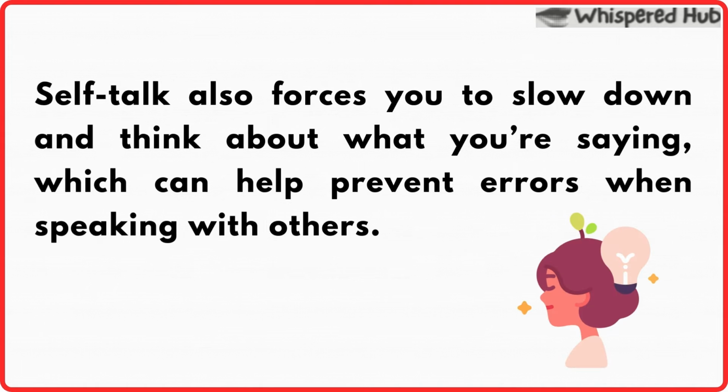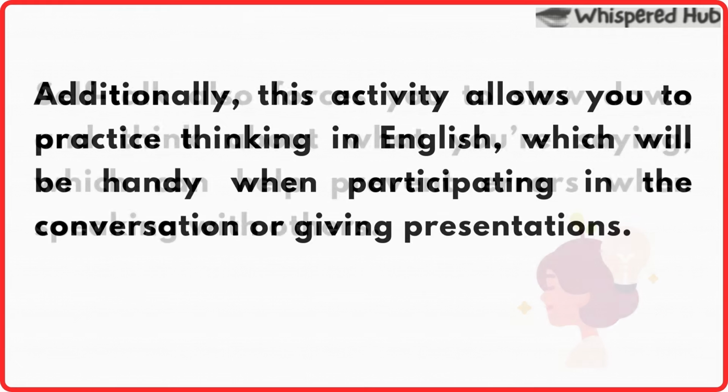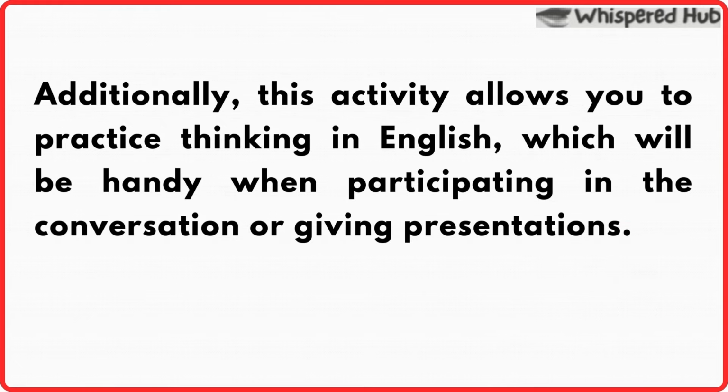Self-talk also forces you to slow down and think about what you're saying, which can help prevent errors when speaking with others. Additionally, this activity allows you to practice thinking in English, which will be handy when participating in the conversation or